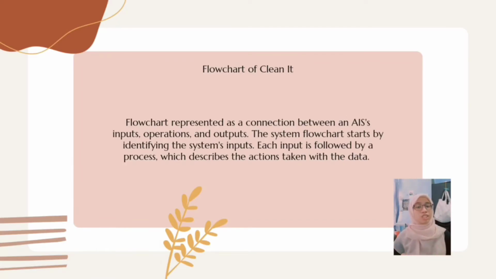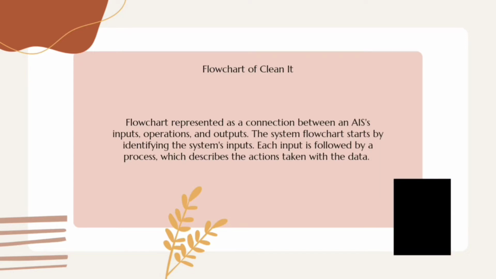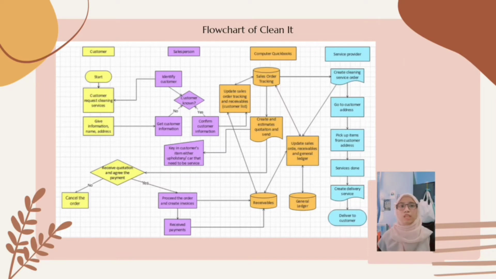Flowchart represented as a connection of accounting information system input, operation, and output. The system flowchart starts by identifying the system inputs, and each input is followed by a process which describes the actions taken with the data. Here, we started with the customer requesting cleaning services, and then the salesperson who takes the booking of the customers will identify the customer